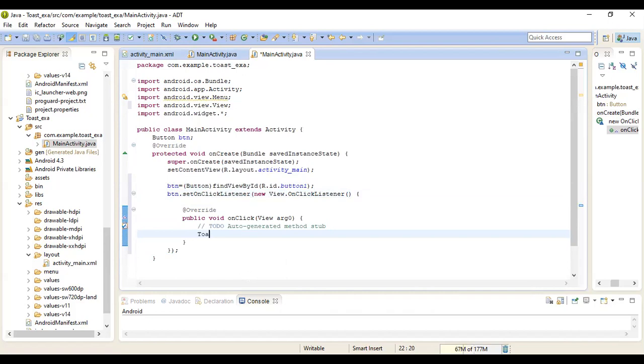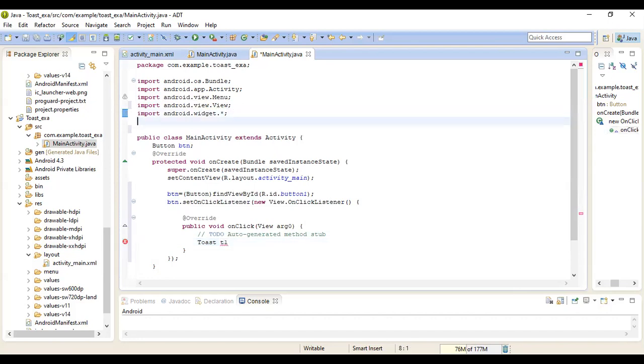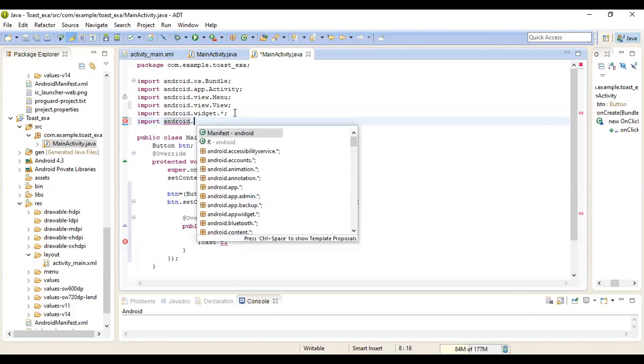So for creating the toast, T1 is an object of Toast. First of all, import the package of Toast: import android.widget.